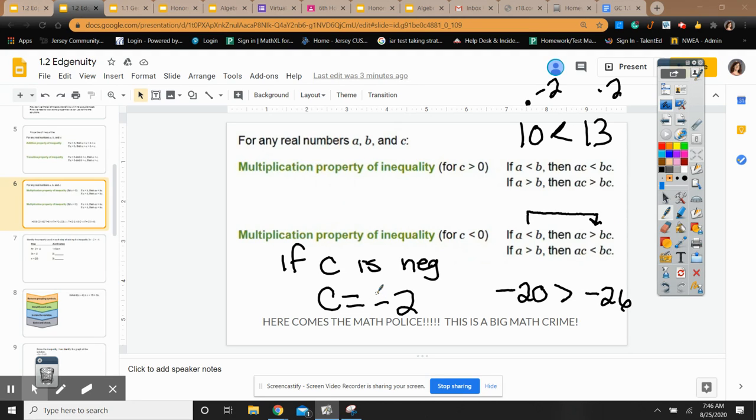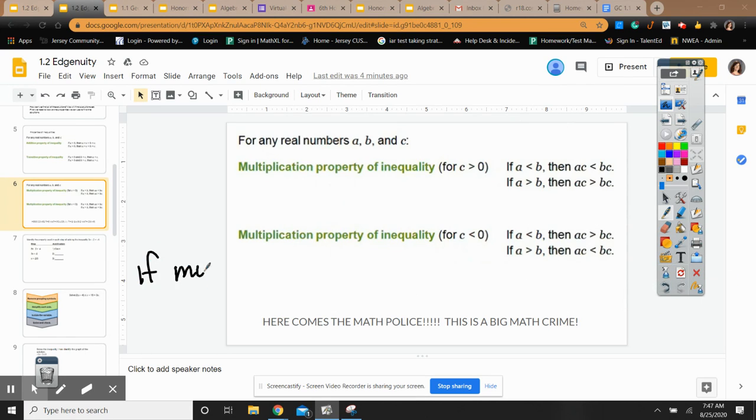Because when you multiply a negative and positive together, it changes its value. So the number would become more negative, and that would move it further away on the number line. So you have to flip the sign. The same is true if you have a greater than, then it would become a less than. So the rule kids need to know is,